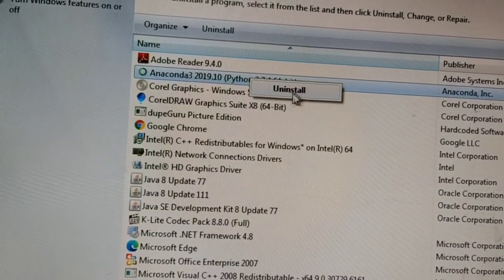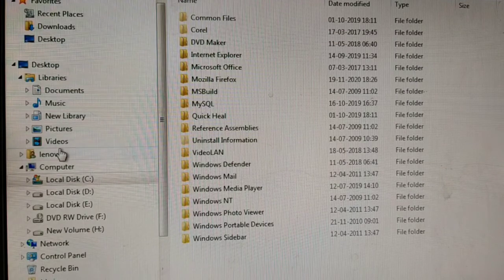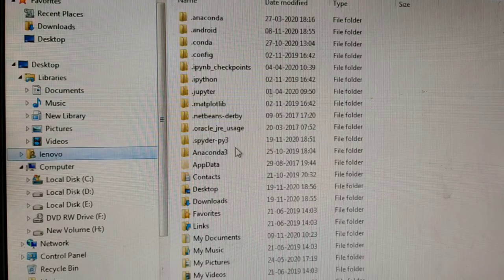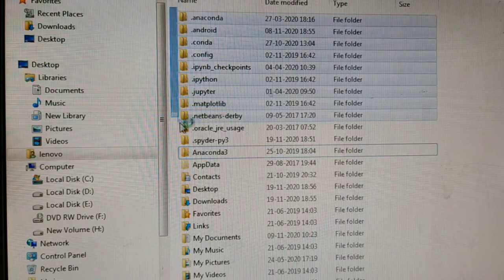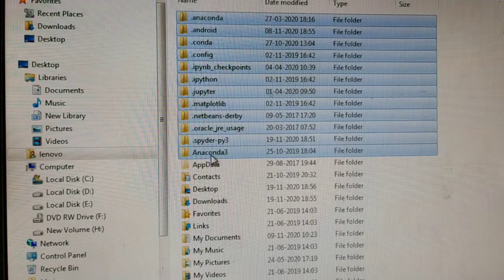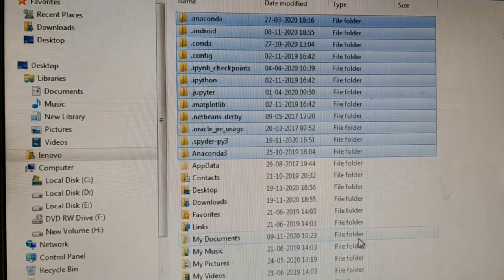Then you have to uninstall it. After uninstallation, you have to go to your Lenovo drive, and there you will find the Anaconda 3 folder. You have to delete this Anaconda folder, and all these related folders as well, if you want to reinstall Anaconda.